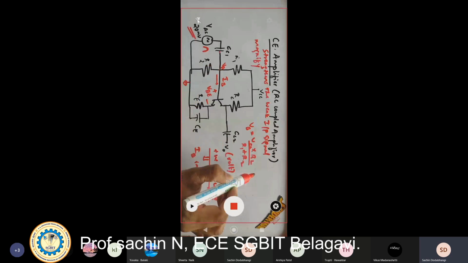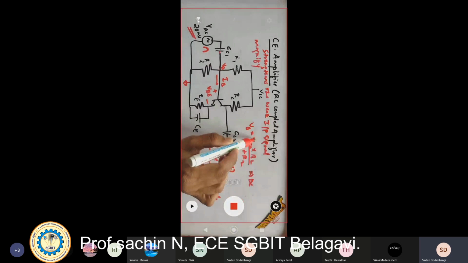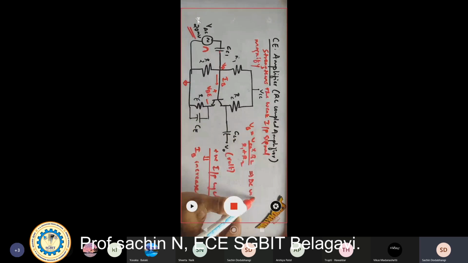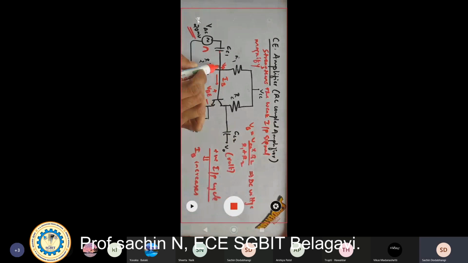It will act as a DC source, since VCC, R1 and R2 are constant. So we get a DC voltage from VB. When I increase for the positive input cycle, there is a rise in the voltage, and at that time there is a rise in the base current.